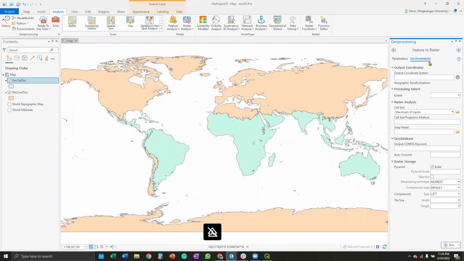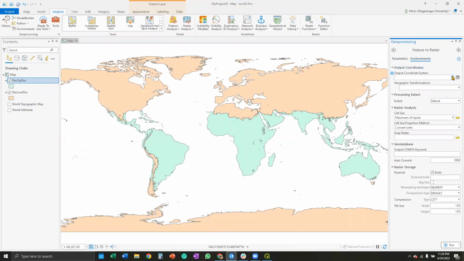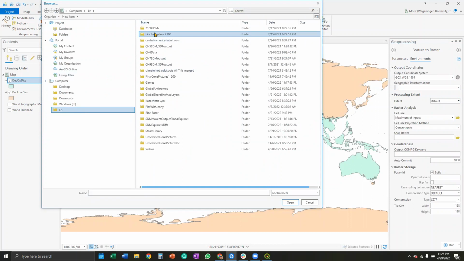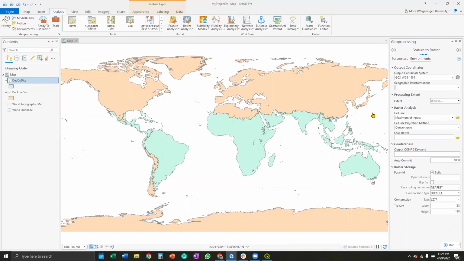And then we also have to go to the environments, and we're going to select the output coordinate system we want to use. In this case, I'm using the WGS 1984, and this is not needed, and the extent is a very common one. I'm going to select it from one of my other layers, as you can see here, with other rasters, including